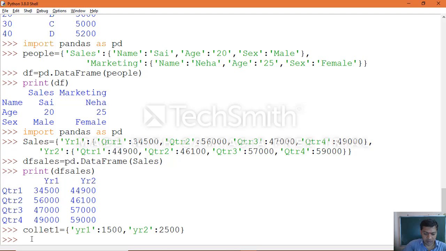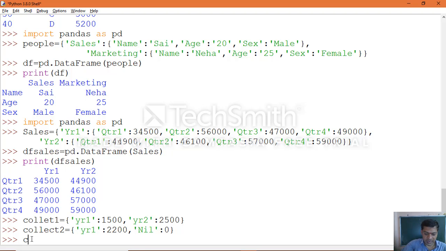Okay, same way, collect2 equals year1, you can say 2200, comma, year2, instead of which it was represented as nil. Which means we haven't specified a value here, then the result is 0. Close it.